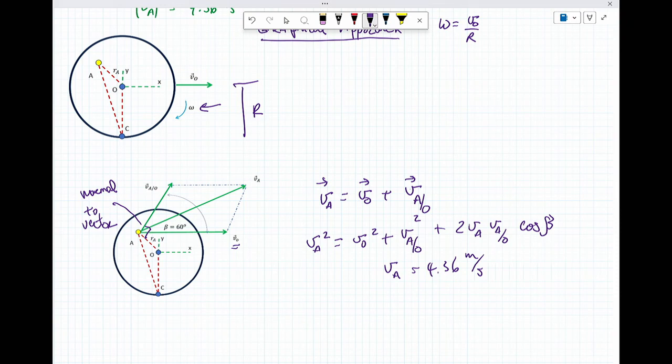The other thing that I could do is choose a better point. If I choose a better point, I know this velocity here is 3 meters per second, but I also know this velocity here is 0. Another technique we'll be talking about in the next couple lectures, I'm not sure if I'll talk about it today, is instantaneous centers of zero velocity. But if I write it in vector form,